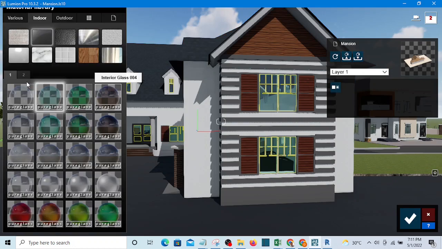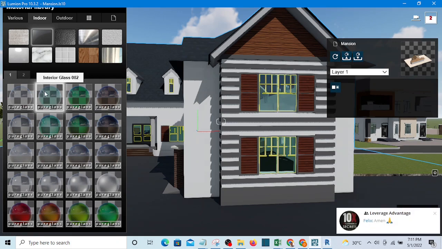For me, this is the one I've selected, this particular one, and that is the one I want to use. So let me double click on that, on this space,